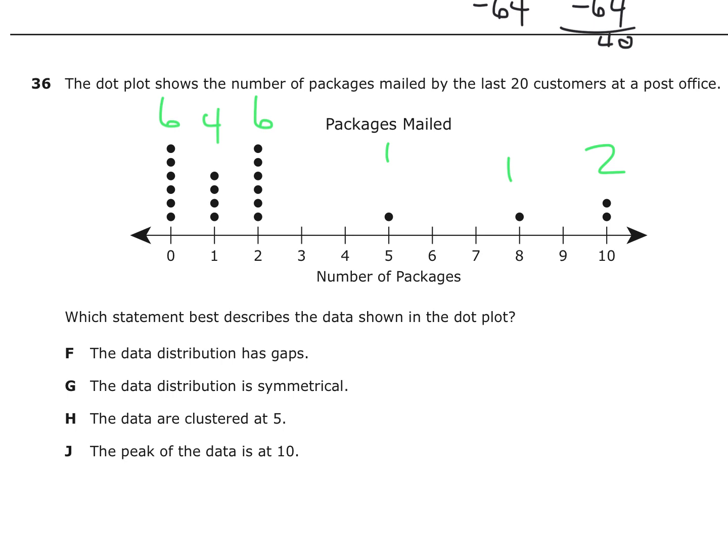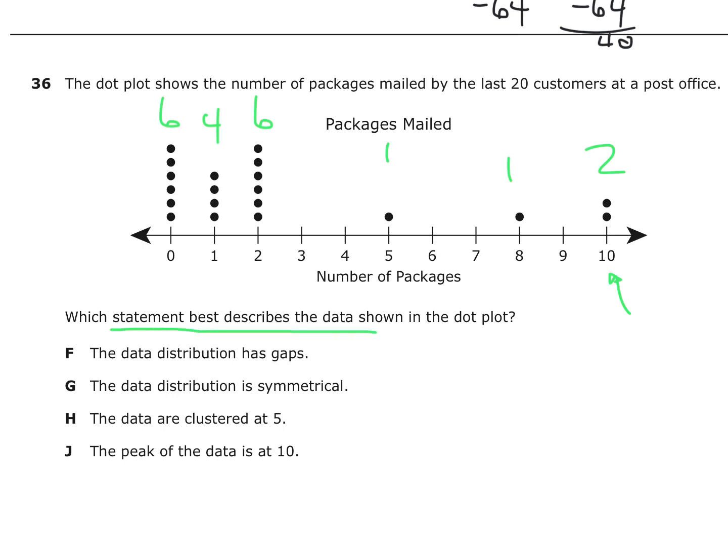One customer had 5 packages. One customer had 8 packages, and 2 had 10 packages. These guys were really busy because they had a lot of packages. Maybe they are selling something on eBay or Amazon. But most of them had either 0, 1, or 2 packages. Now we can try to look at the question and see